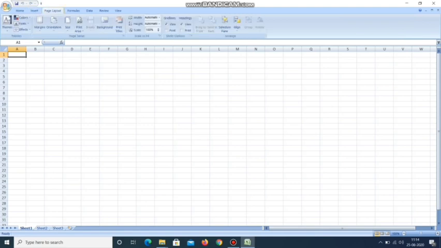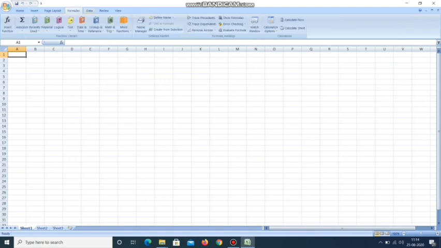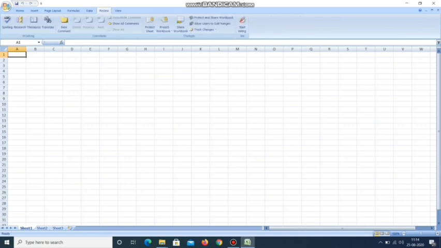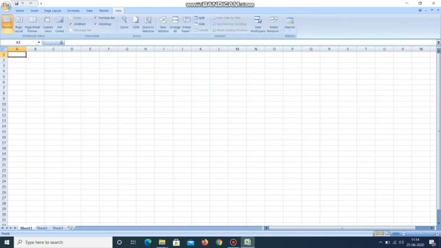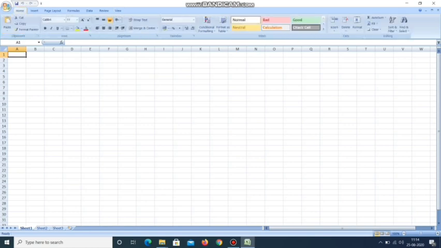Apart from it, there are different tabs like your home, insert, page layout, formulas and this. And each tab has different options inside. Like I'm clicking on each option, collectively all these options create a group. Means there are many tabs on the top bar, and each tab further has different options, and collectively these options are known as your groups.